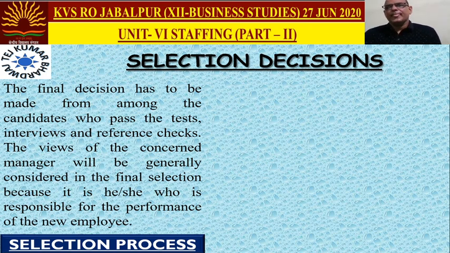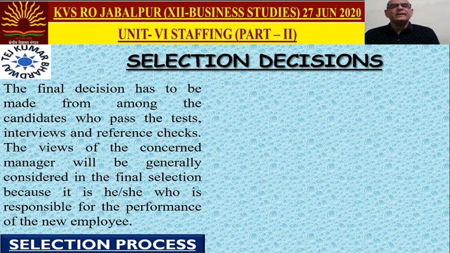For example, there were 100 vacancies in the organization. A total of 5,000 applicants applied for the job, and after doing all the steps of the selection process, tests, interview, reference and background checking, everything, now we have 150 final candidates who have cleared all the levels. Now what to do? We have to select only 100 people. So a final merit list is prepared on the basis of the total marks achieved or secured in the various tests.